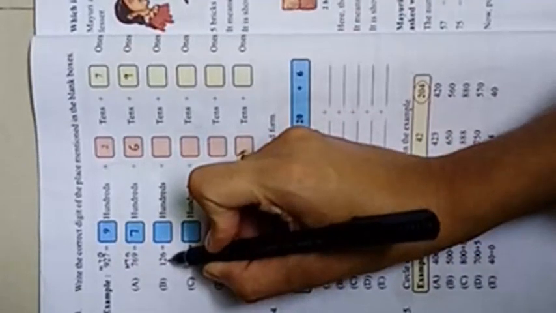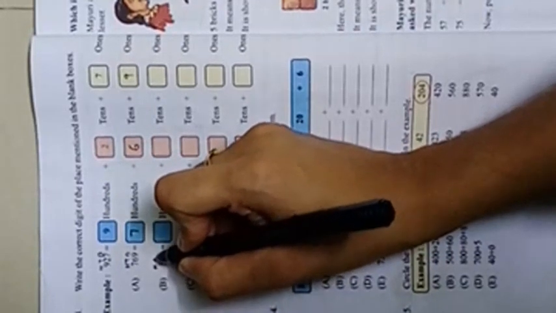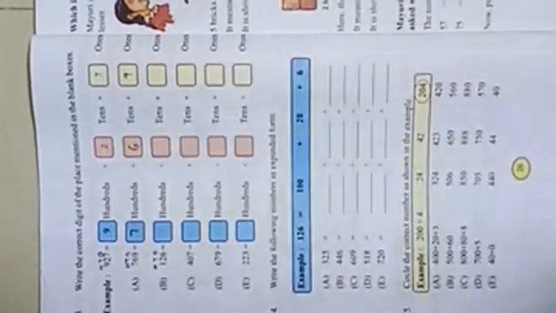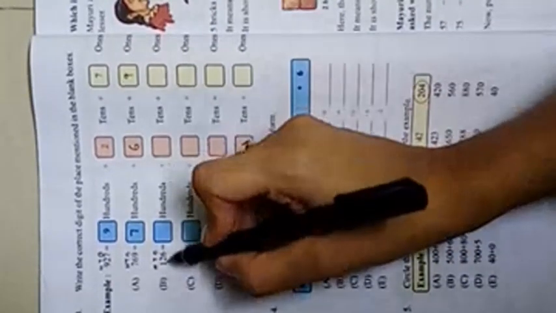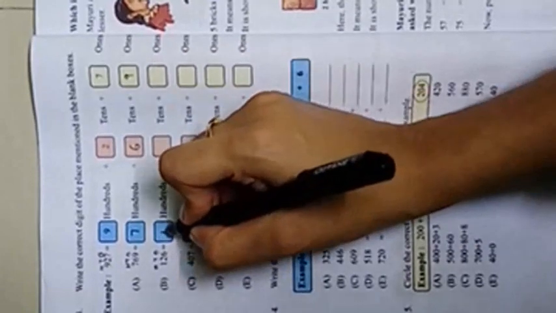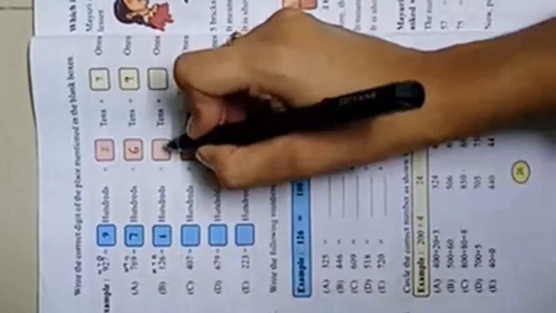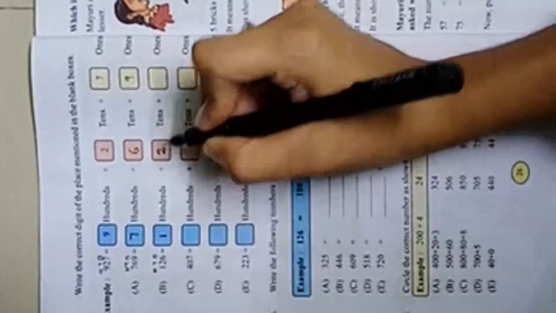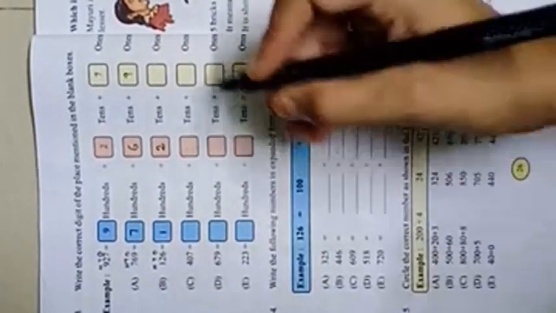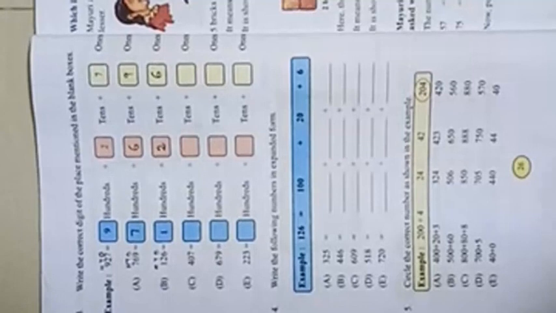But look here. Okay? Now you write places of the digits. First carefully write places. Hundreds, tens and ones. Now observe carefully. This is a 3-digit number. So how many hundreds are here? There is 1 hundred. So here you write in the hundreds box 1. How many tens are there? There are 2 tens. So you write here 2 tens. In ones place, how many ones are here? There are 6 ones. So write here in this yellow color box 6.